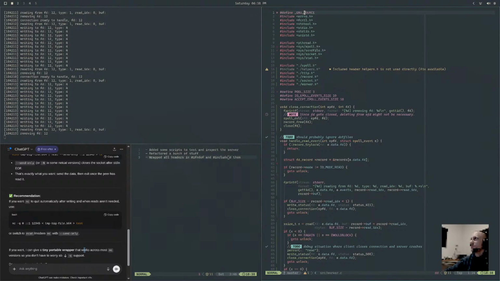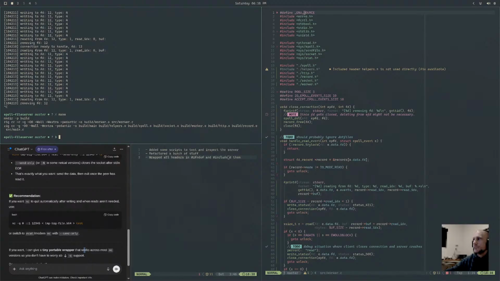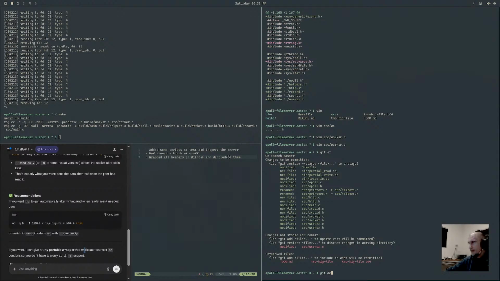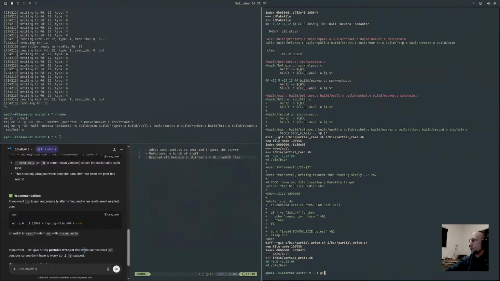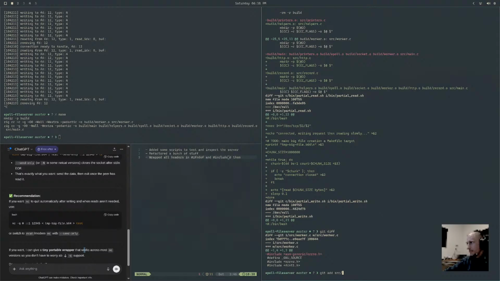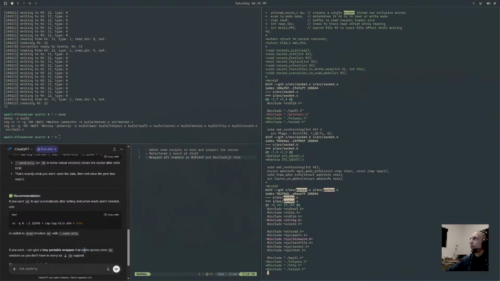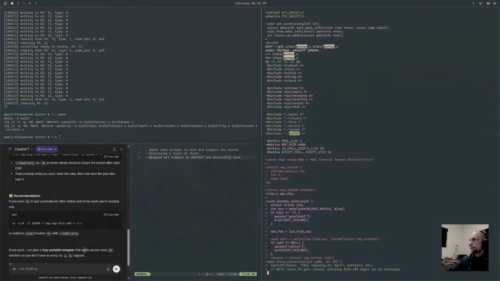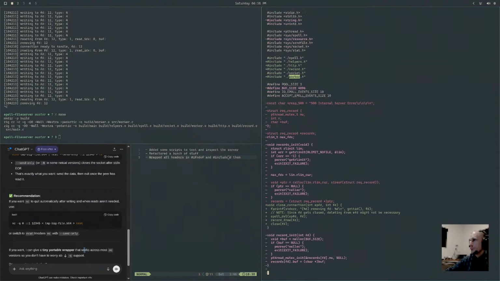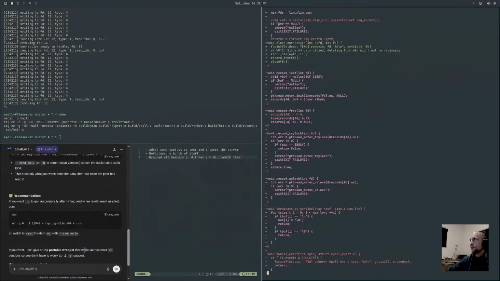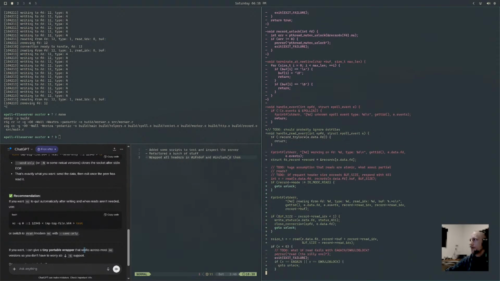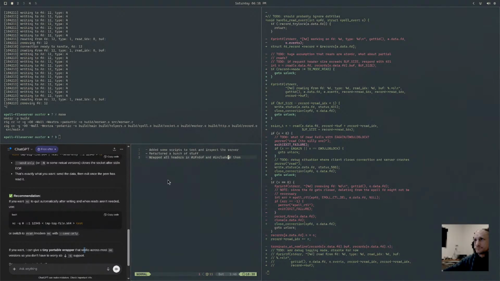Why can't I just include errno.h? Okay. Close connection. Make writes and reads